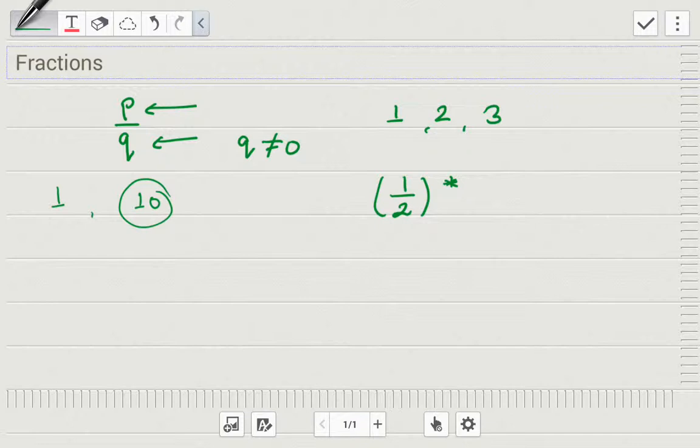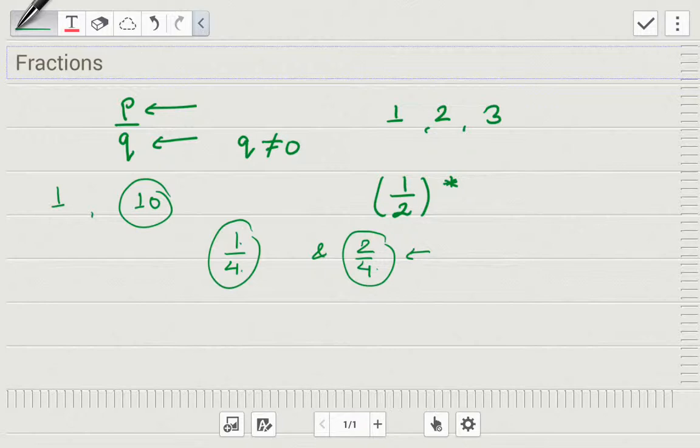If I ask you which one is bigger between two fractions, say 1 by 4 and 2 by 4, here also you can easily tell 2 by 4 is bigger than 1 by 4, because the mental calculation you do is